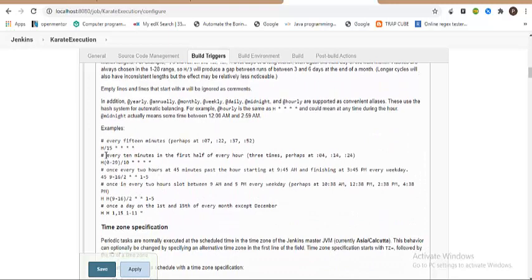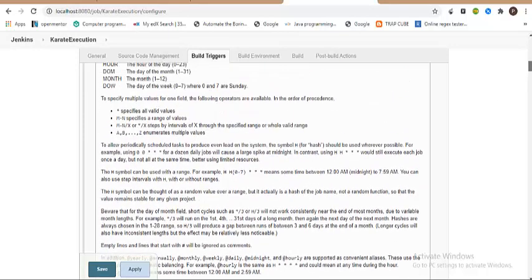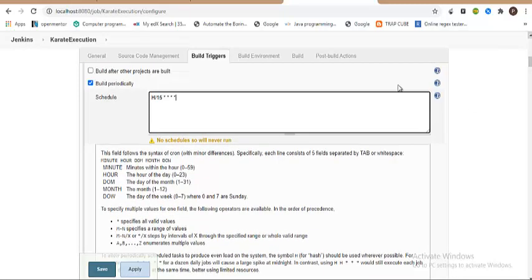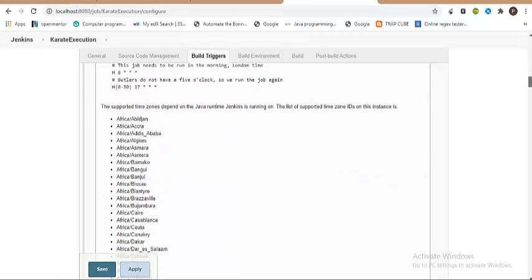Say for example, if you wanted to execute a build every 15 minutes, this is the cron expression: H/15 and star, which means don't care, so just consider it as everything. You can mention this in the build triggers, or if you wanted to invoke this job once every 10 minutes, it depends upon your need and requirement. Right now we have set it to execute every 10 minutes once and every day. So that's what this meta cron expression says.